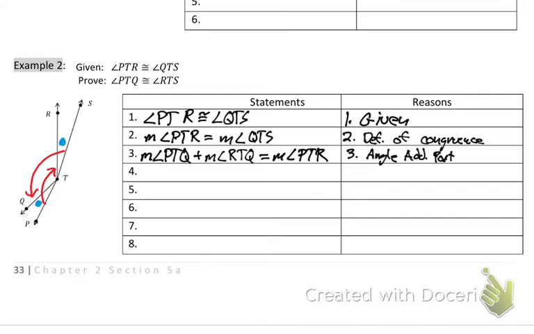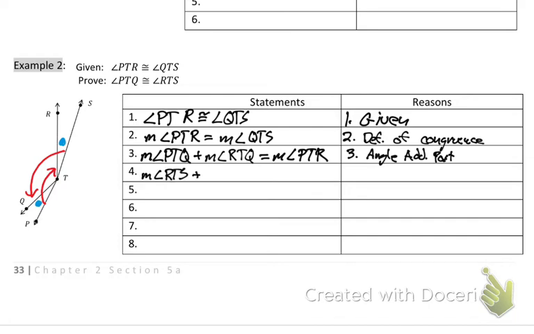I'm going to use the angle addition postulate again to talk about the other angle. So I want to say, you know, this angle plus the big one equals this STQ or QTS. When you're doing this, try to use the terminology that they have, with the letters in the correct order. It makes your life a little bit easier. So if I'm looking at STR, I look up here and go, oh, there's an RTS. Let's put an RTS. Let's keep it in the same order they have it. So I'm going to go measure of angle RTS